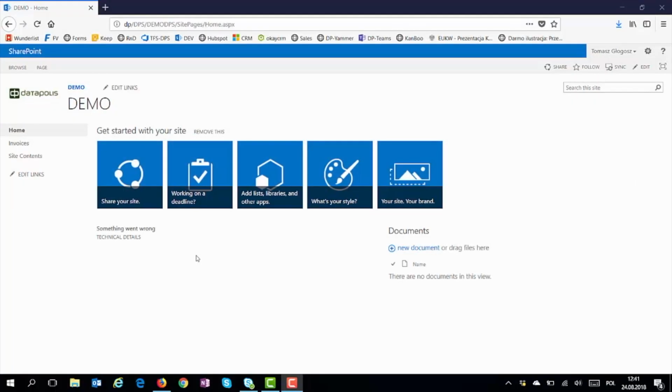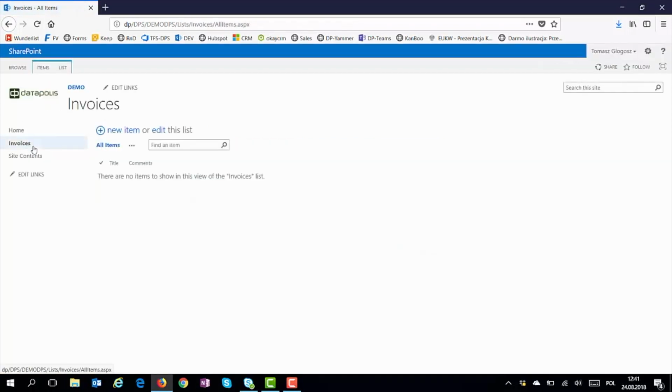I would like to show you how to create and use a very simple workflow, invoicing approval, in Datapolis Process System. For this, I have created a basic SharePoint website with an invoices list, and on that list I just created one column, comments, that I will use in my presentation. But before we start, we need to activate features that allow us to use Datapolis Process System on that particular website. For this, I will go to Site Settings,